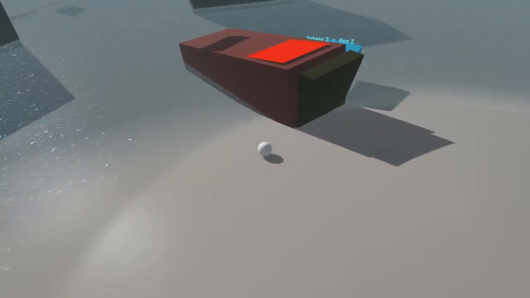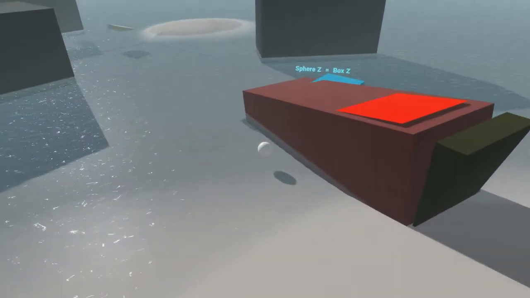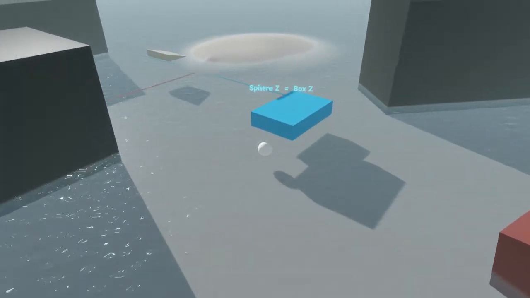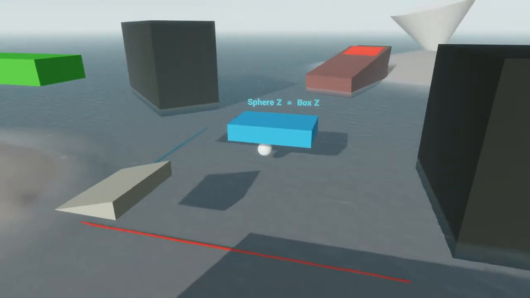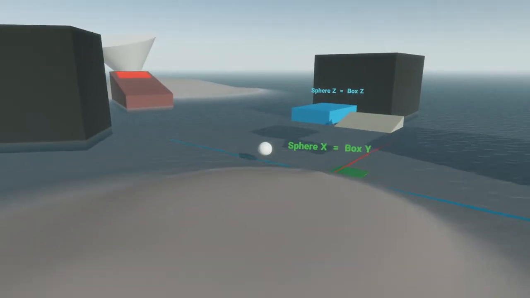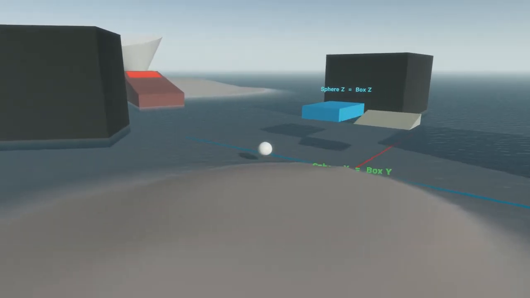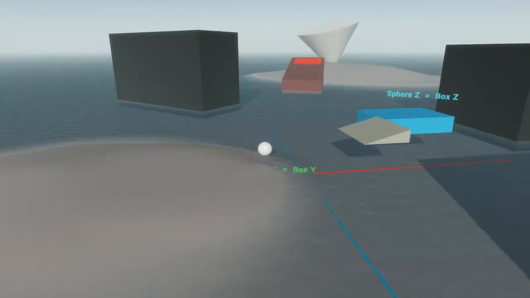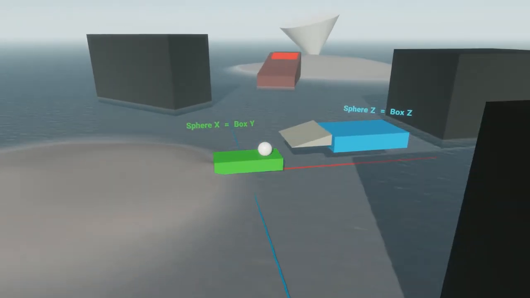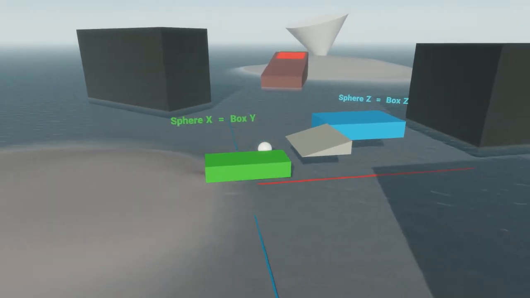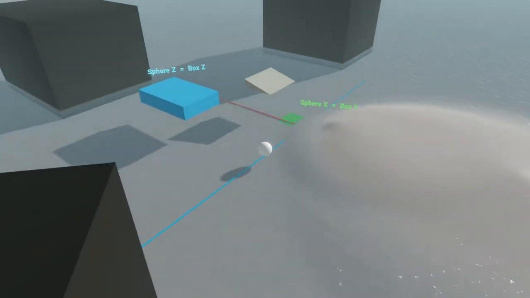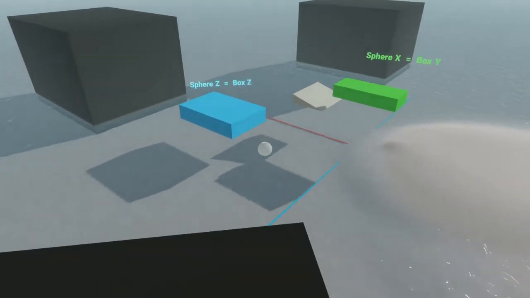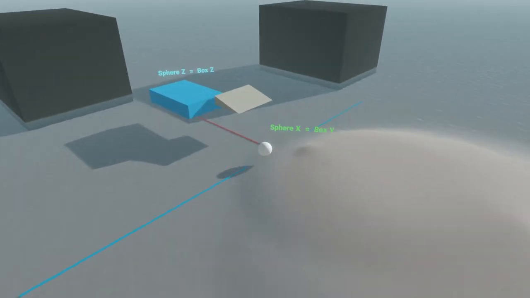You can see that this blue box is following the sphere. It says sphere Z is equal to box Z. So as I travel out in this Z dimension, the box goes with me, but I can't get up on that box unless I use something that gets me up in the air. Well, I've got this green box moving up in the Y direction every time I move out in the X direction. So if I combine these two,